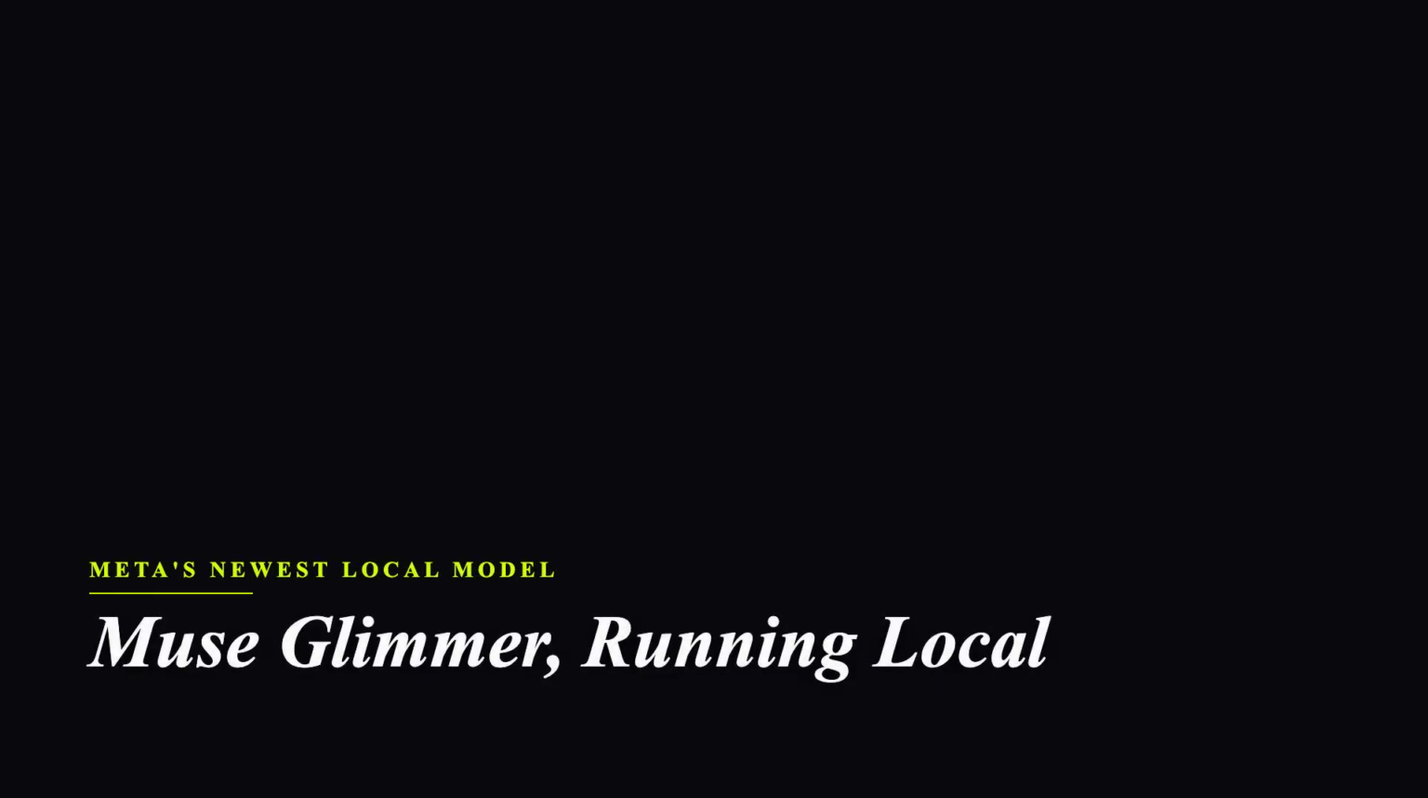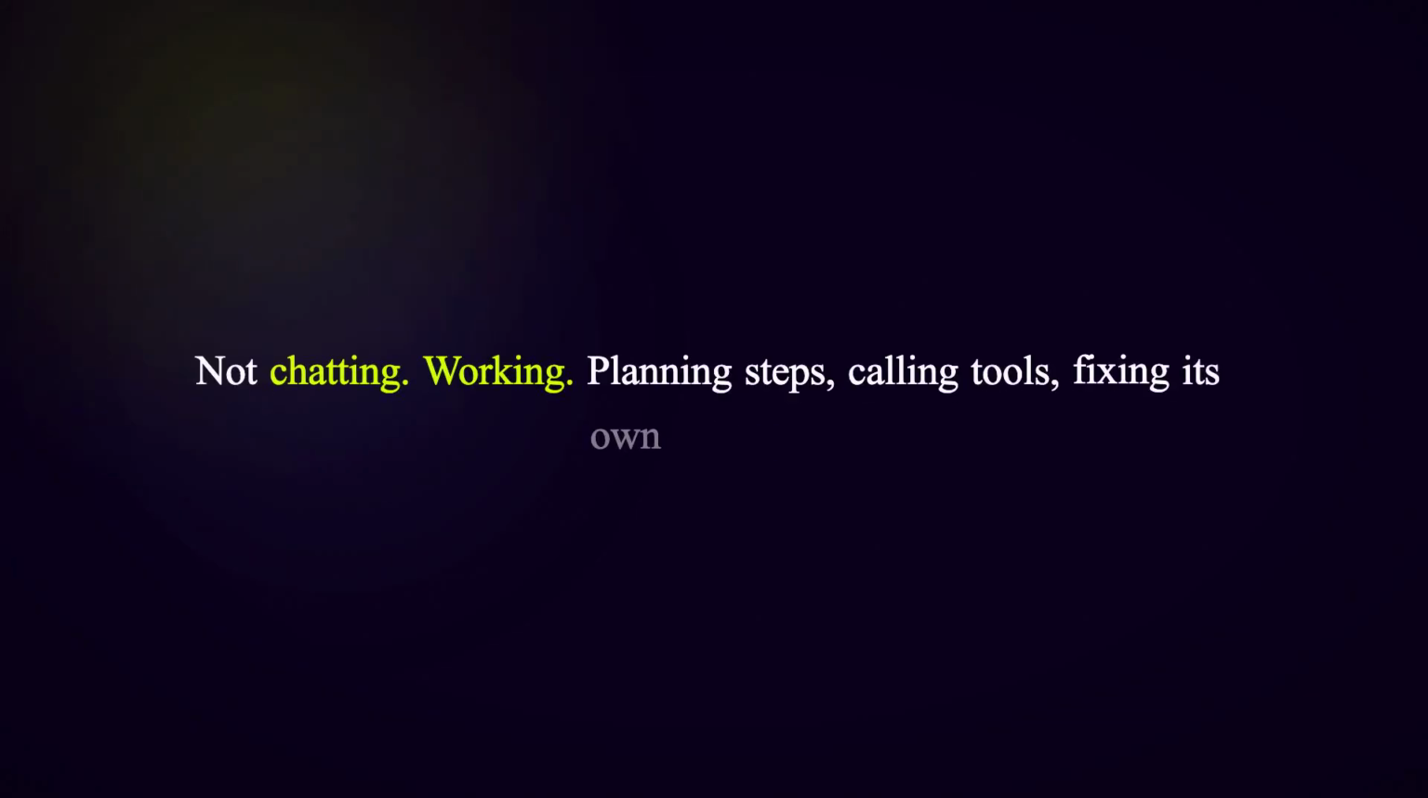Meta just released a local model built for a job most models aren't tuned for. Not chatting, working, planning steps, calling tools, and fixing its own mistakes when something breaks halfway through a task. It's called Muse Glimmer, and you can run it on your own machine today. In this video, you'll learn which tag to pull for your hardware, how to install Ollama and run your first